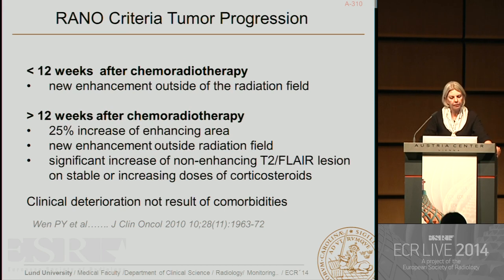Looking into the criteria for progression, in the first 12 weeks after chemotherapy, if you see non-contrast enhancing areas outside the radiation field, you should be concerned for progression. After 12 weeks of chemotherapy, a more than 25% increase in enhancing area indicates tumor progression, or if you have new enhancement areas outside the area of the radiation field. And also if you see significant increase in the non-enhancing parts in terms of T2 and FLAIR signal abnormalities. And if the patient then deteriorates despite